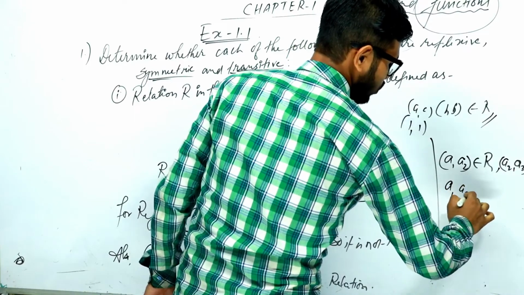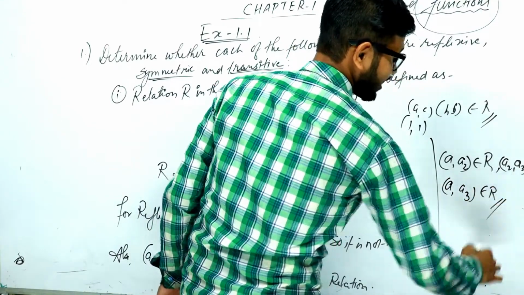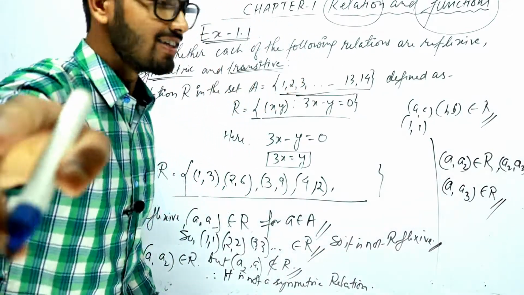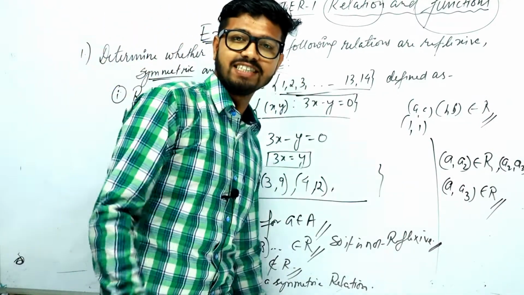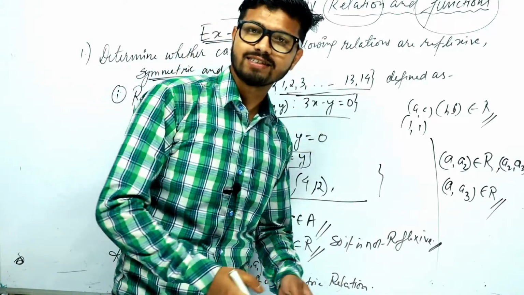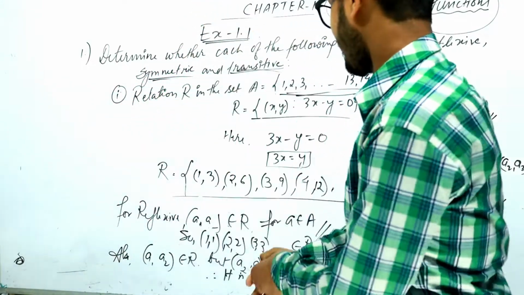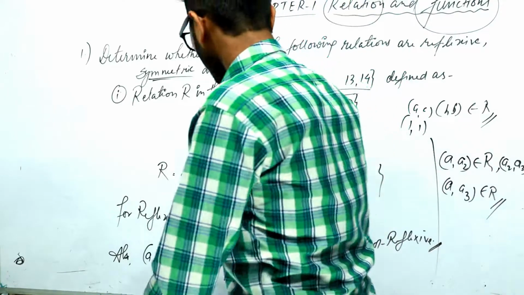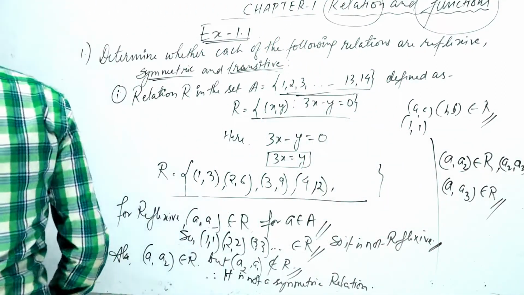A1 and A3 should also be present in the relation. Then only we can clearly state that this relation is purely transitive. So far as space is concerned, let us proceed with these statements, as the space is limited. Let me clear it up and check whether it is a